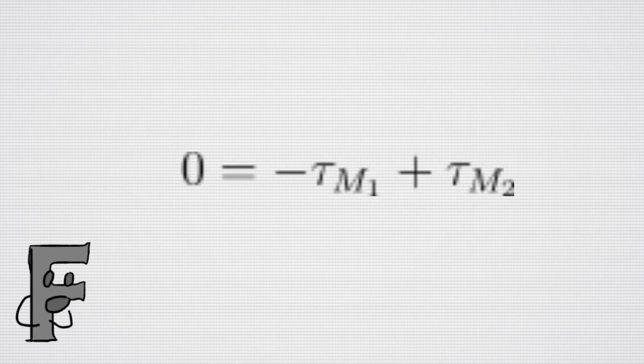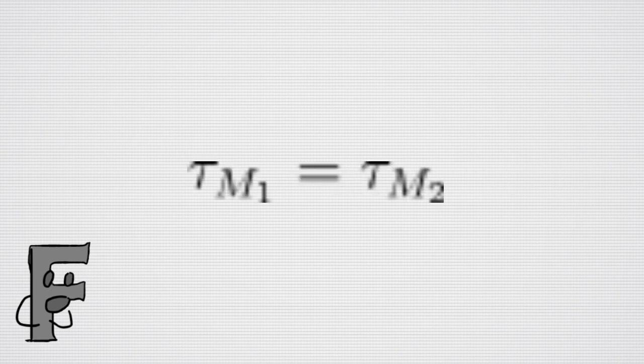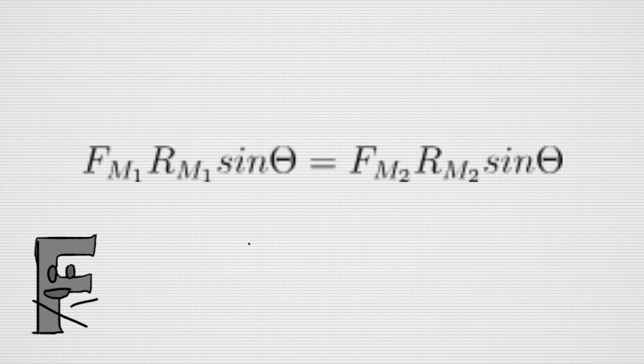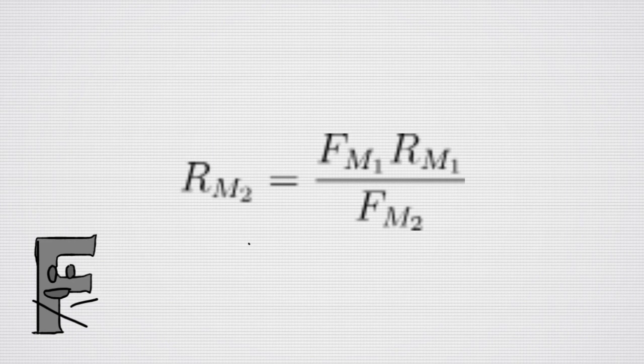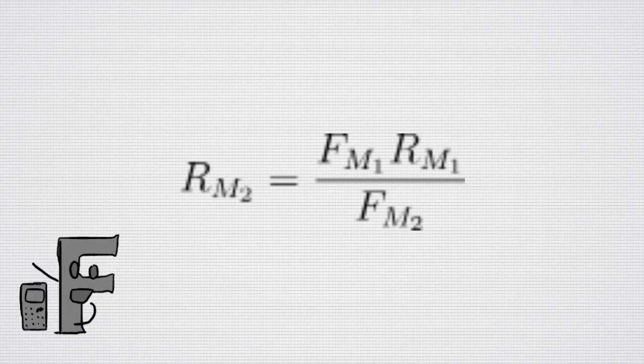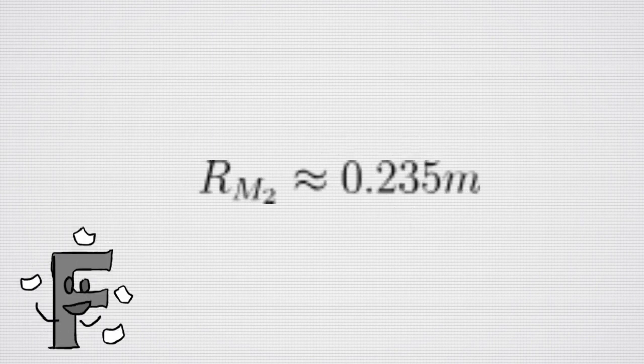We can set this entire system equal to 0, and then we can determine that the torque of the 200 gram mass and the 170 gram mass must be the same in order to keep the system in balance. We can then expand the system and isolate the distance of the 170 gram mass. Since both of the forces are 90 degrees from the lever arm, sine theta can be turned into 1. After plugging all the values into the calculator, we can determine that the distance of the 170 gram mass to maintain balance of the entire system must be approximately 0.2